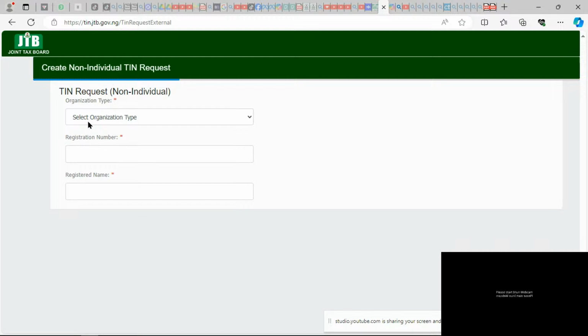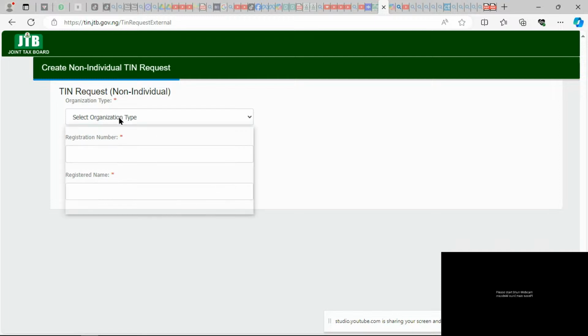Here you select whether it's NGO, trustee, or business name. Then you put the registration number here, and then they will tell you the name automatically. You don't put anything in the name field.